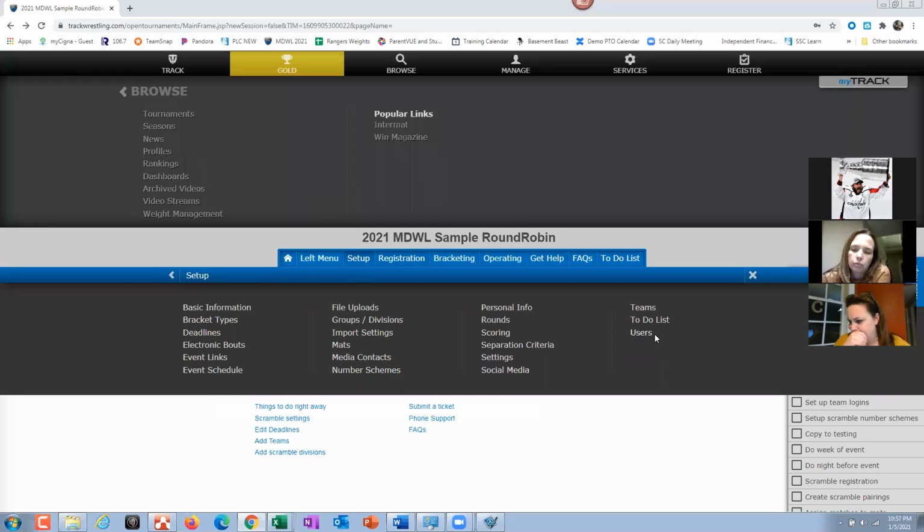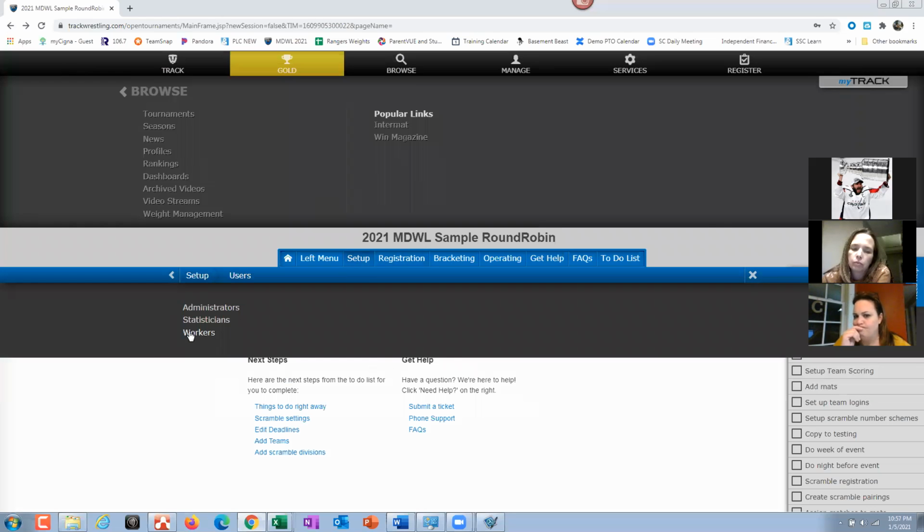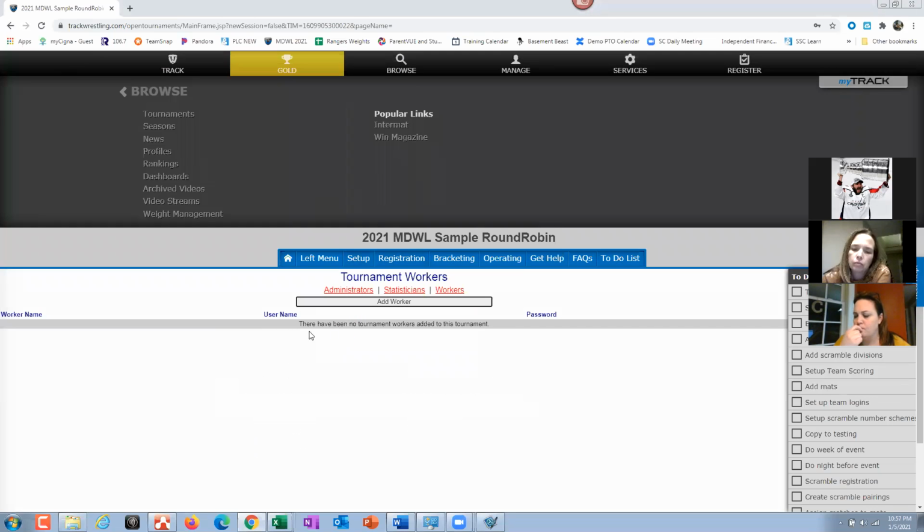You guys will have 3 types of users when you're done. You'll have workers. You can do just one worker ID, or you can do worker 1, worker 2. Those are the people that are going to run the table. Then you have an admin. Sometimes you'll create a generic admin for multiple people to use. I'm a control freak, so I don't do that. And then